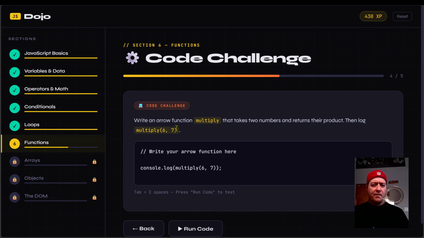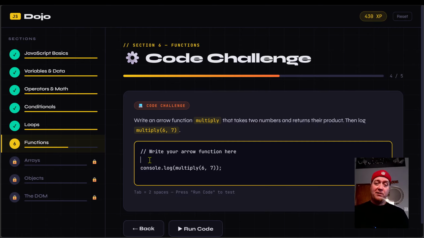All right. Write an arrow function multiply that takes two numbers and returns their product. Then log multiply 6 times 7. So we just need to write the actual function called multiply. Write an arrow function. So it wants us to use the modern functionality. So let's just say const multiply